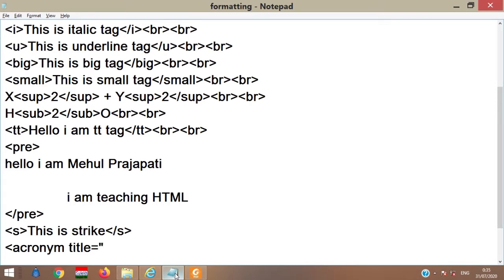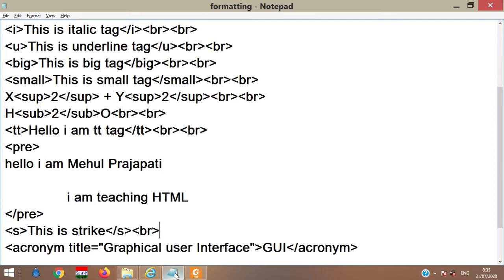I am writing here "graphical user interface," and on the outer side of the tag, "GUI," just GUI, and then close the acronym tag.